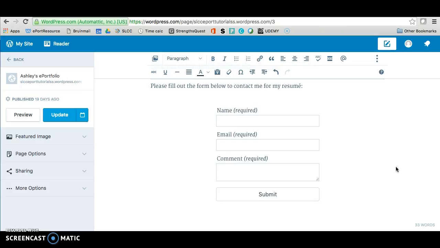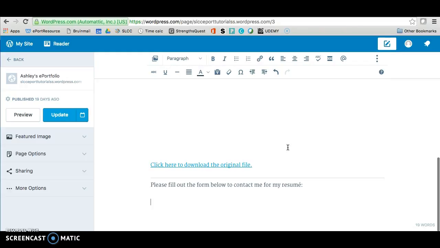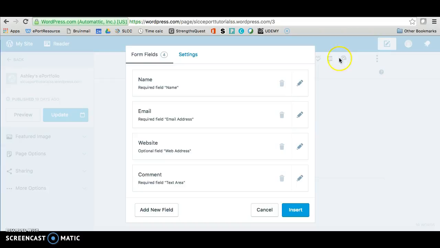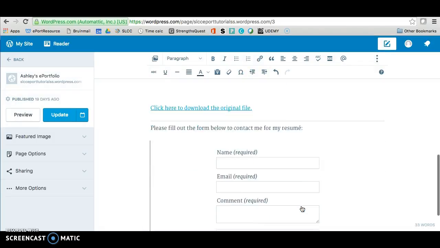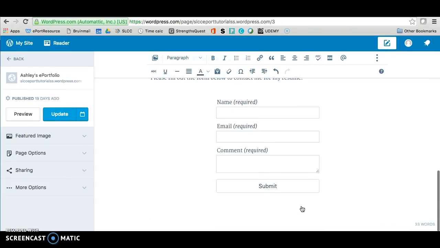If for some reason WordPress did not give you a form to begin with, I'll show you how to put that in. So anytime you accidentally delete this, for example, you don't have your contact form, all you need to do is just look for this button here that looks like an @ symbol. It will say Add Contact Form, and you just click on it. Then you just customize your form to your liking, and again, I'm going to remove website and just insert, and that's how you put in a new contact form.